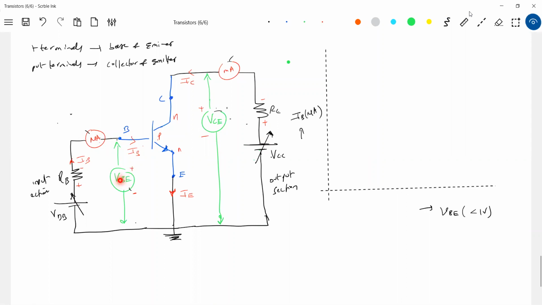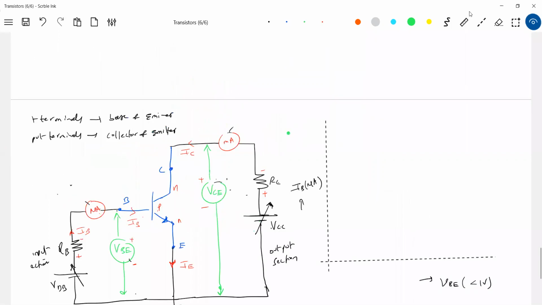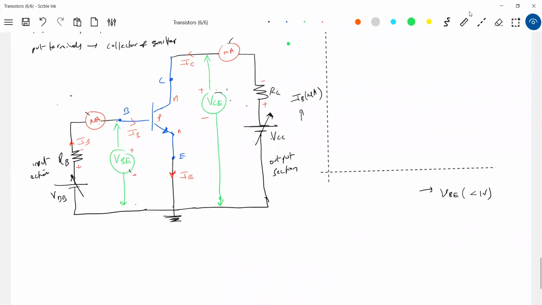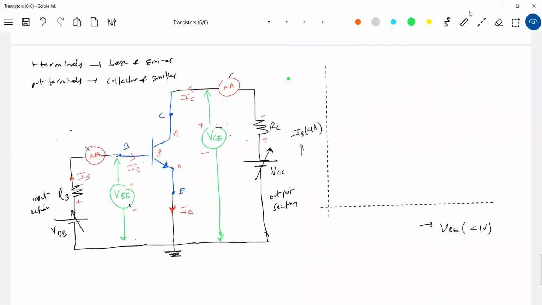Fine. So by varying this, even this voltage will change. So how is it possible? If you vary this VBB, this VB also will change. This IB will change. Both IB and VB will change. So therefore here, for VC 5 volt, I'll vary this VBB. Then I'll note down this VB and IB. The curve what I get is